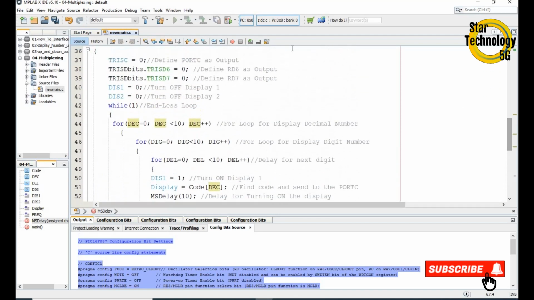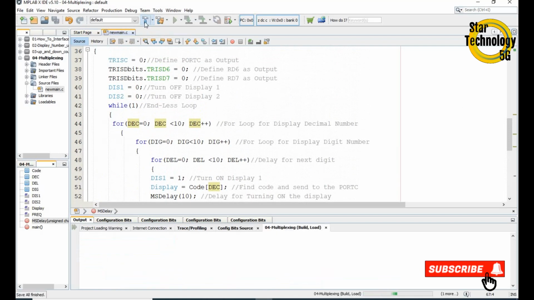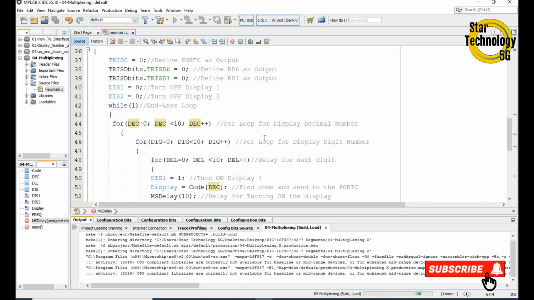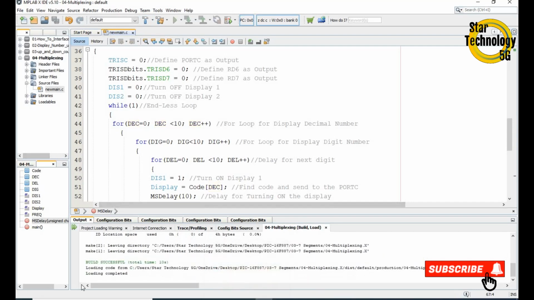Now we will create its hex file. We will click on Build Main Project. The hex file is created. Now we will load this file into our project.